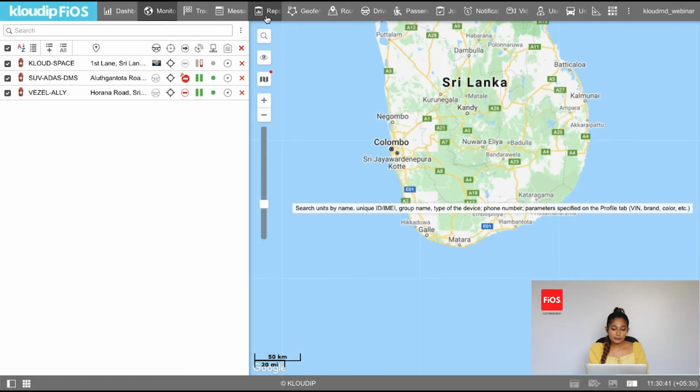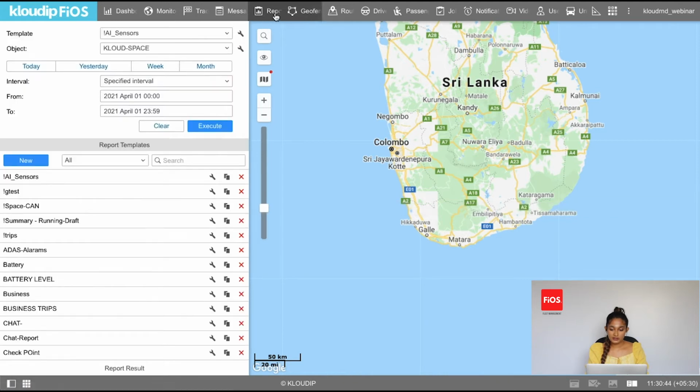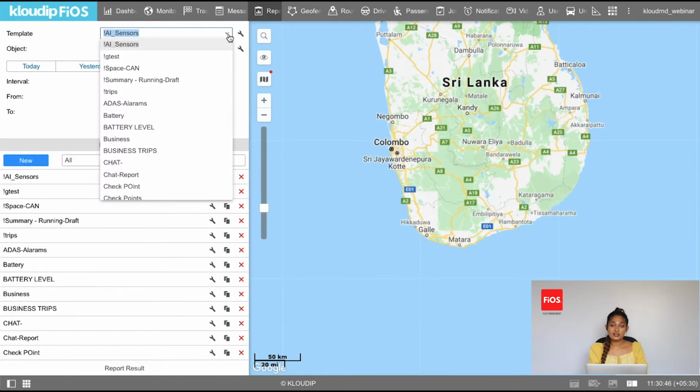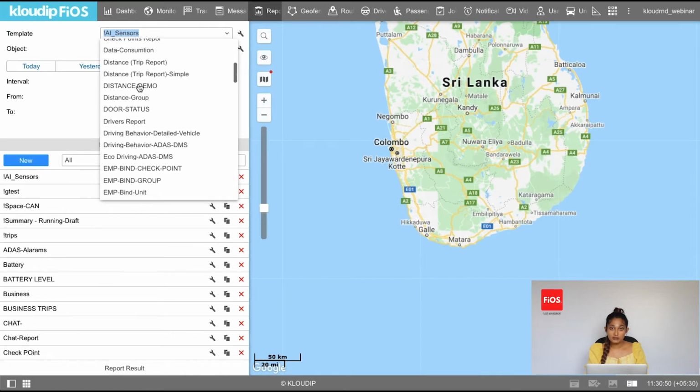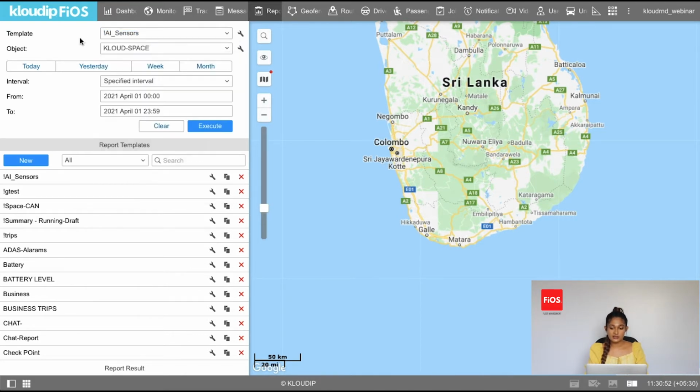Today I'm going to show you how to generate a report on FiOS. Go to the Reports tab on the top panel. Then you can select the report template that is required from the drop-down here, or you can search it from here as well. For example,